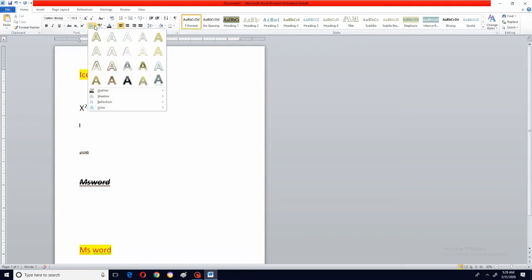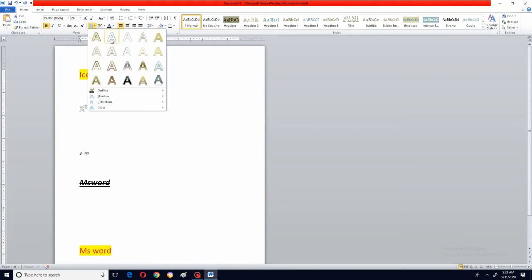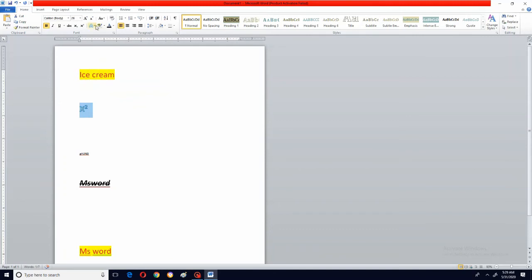And this one is for different shapes or outlining, shadow, reflection, all those things are shown here. I'll take this only. Sorry, go to this, see, it is changing now. Wherever I keep my mouse pointer, it changes to that particular effect. Outline, which color you want, like this. Okay, all those things are for text effects.